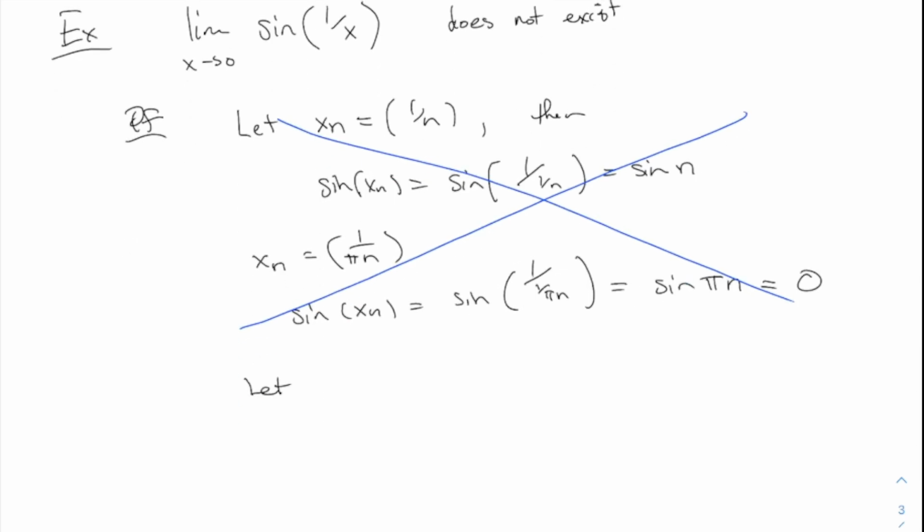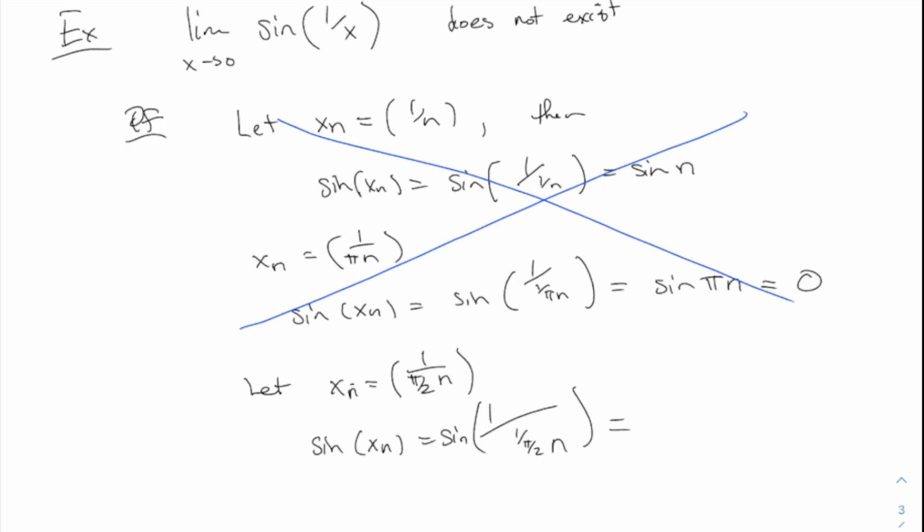I'm going to say let xn equal 1 over, can I write it this way? 1 over pi over 2n. She said 2 over pi n, which is the same thing, but this seems a little bit clearer. And so the sine of xn is the sine of 1 over pi over 2n,